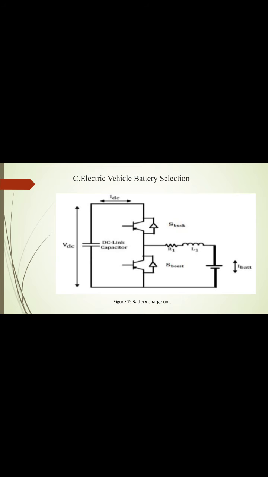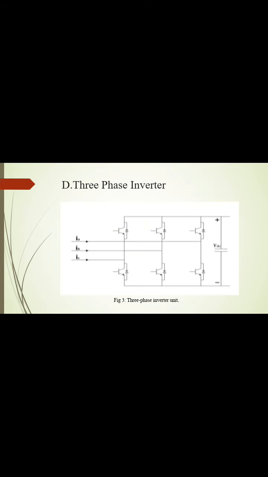two IGBTs are used. One IGBT is used for buck operation and the other IGBT is operated for boost operation. The main application of the buck boost converter is a regulated DC power supply, where both positive and negative polarity outputs are desired with respect to the charging and discharging function of EVs. In the charging station, the converter output voltage can be either higher or lower than the battery voltage depending on the specific situation.